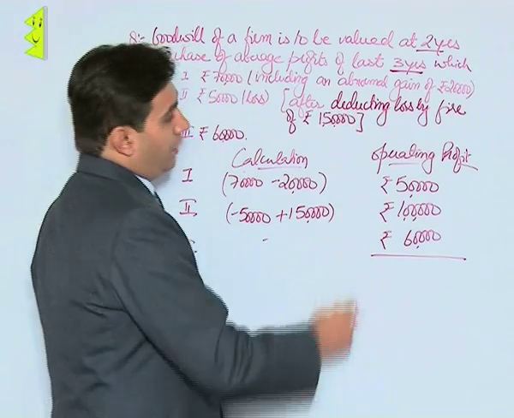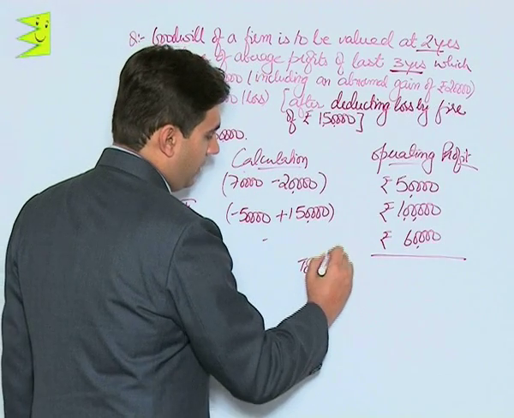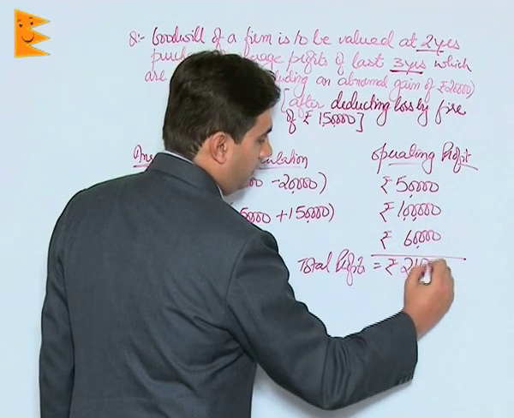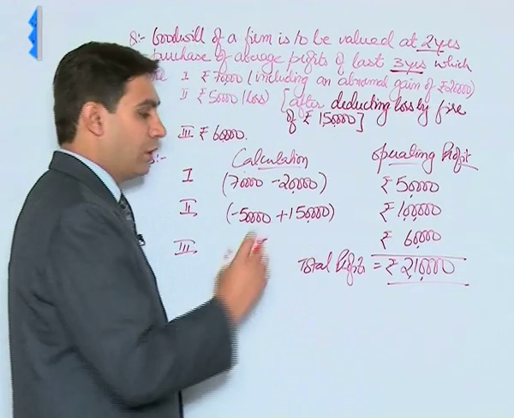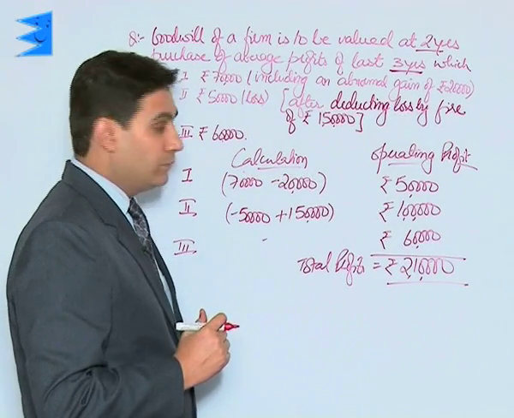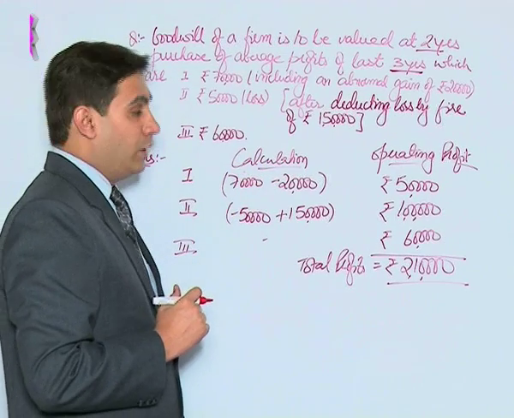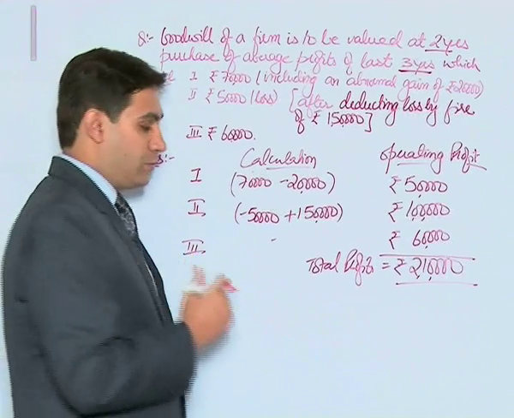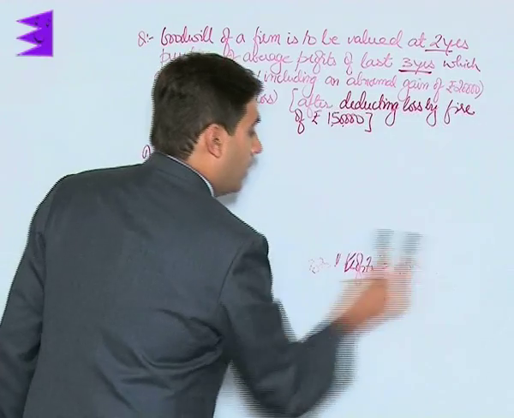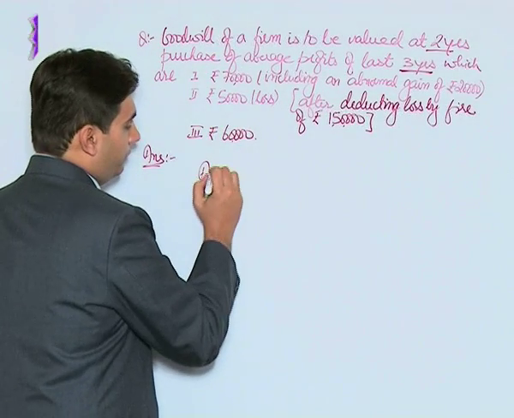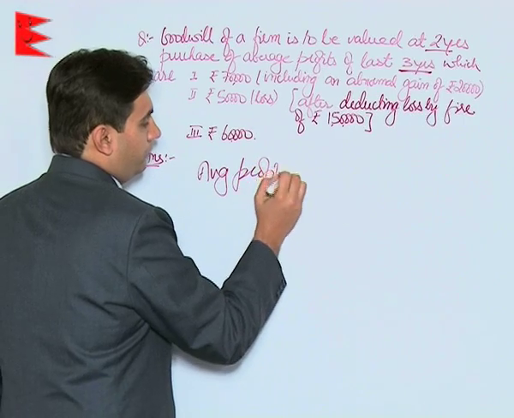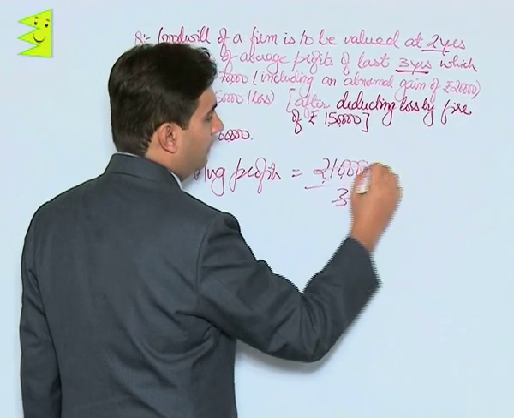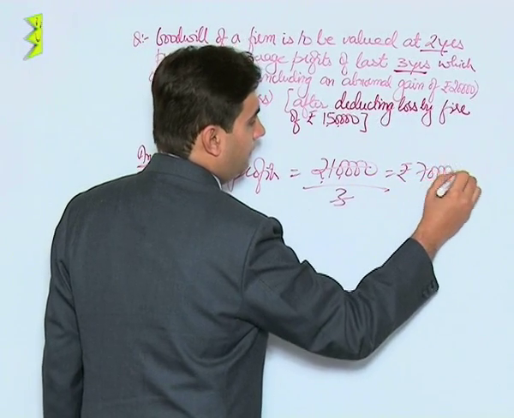So now students, the total profits come to rupees 2,10,000. The total profits are 2,10,000 for these 3 years. Once we have total profit, then we are required to calculate average profits. The average profits would be equal to 2,10,000, that is the total profit, divided by the number of years, there are 3, which will be equal to 70,000,